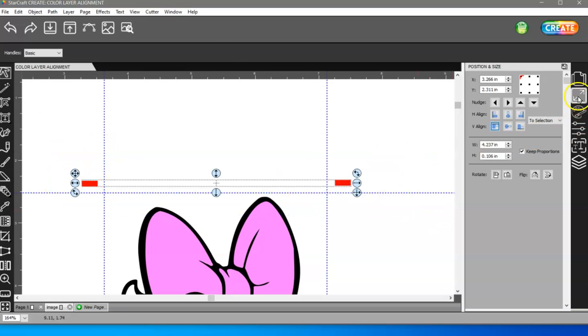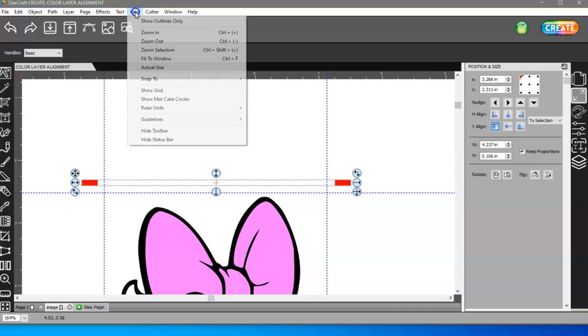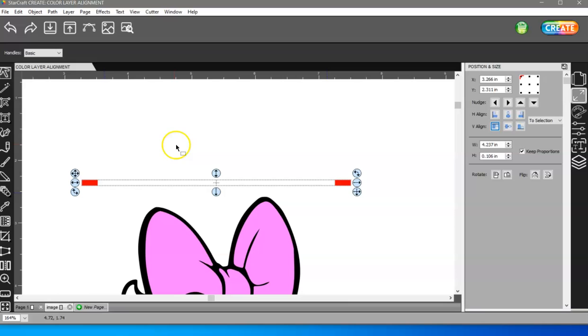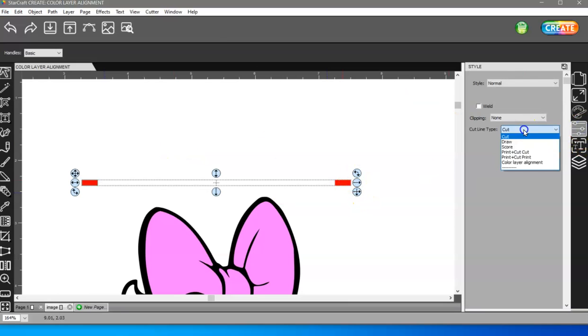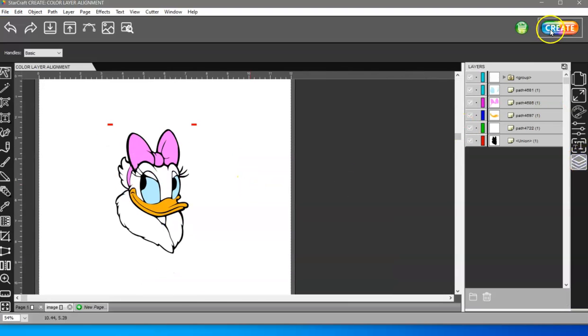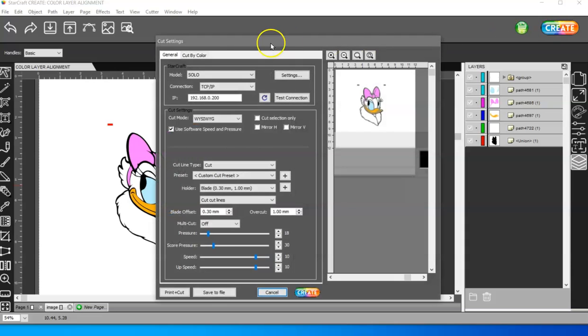I'm going to select both and position and size panel to selection. I'm going to go ahead and align those to the top. Then I'm going to right click and group them. Then I'm going to come to view, guidelines, clear guidelines. All right. Then with this still selected, I'm going to come to the style panel and choose for my cut line type, color layer alignment. All right. And then when I come to my layers panel and I go to create to cut, I'm going